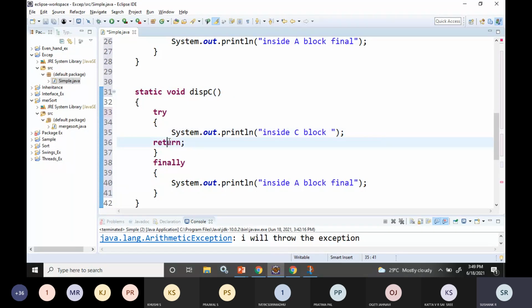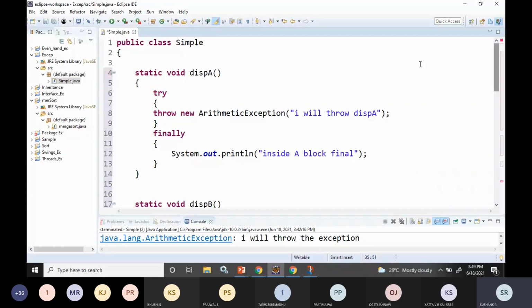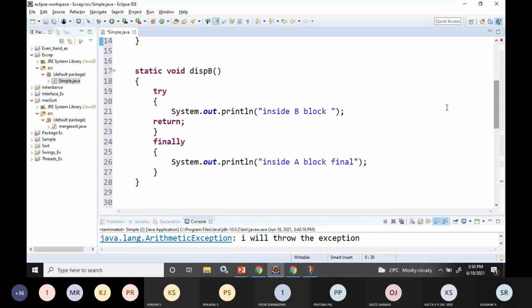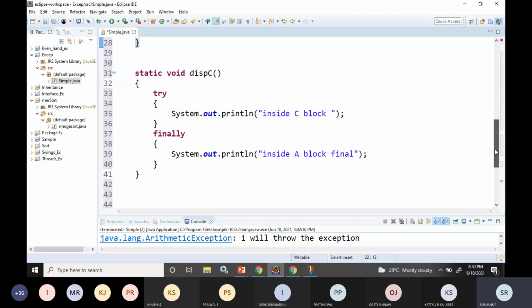So these are the differences. First function, it is throwing an exception, and I'm having a finally statement. Second, it is not throwing any exception, but it is using a return statement. The third scenario, it is having just a statement, and it is not having any return keyword.